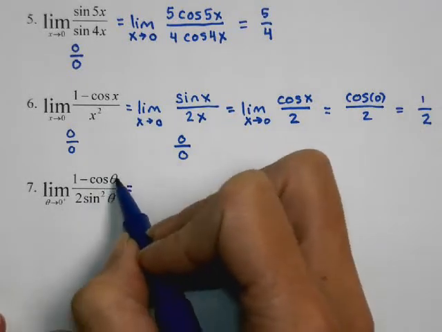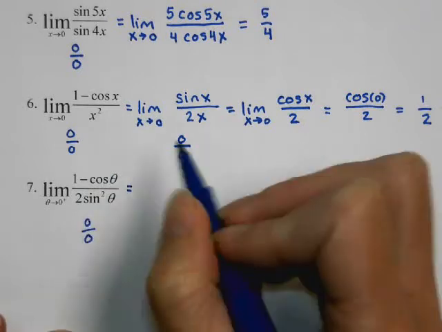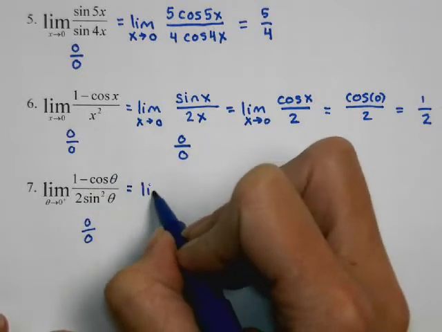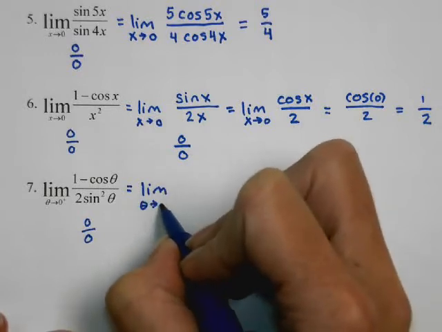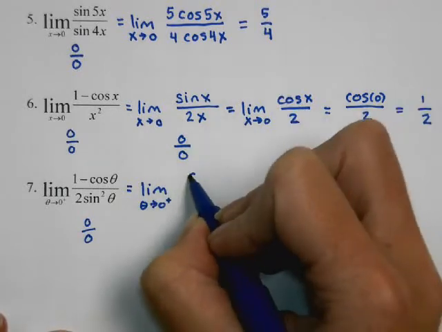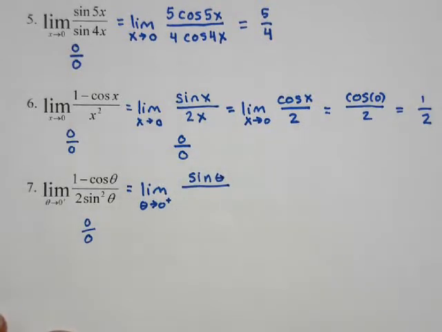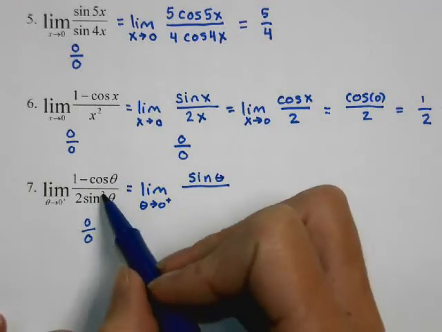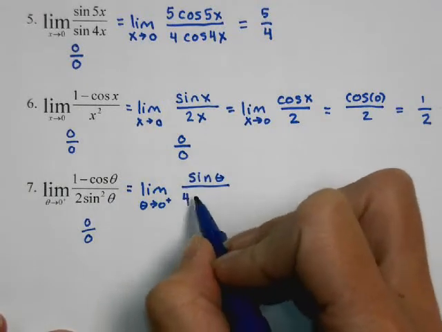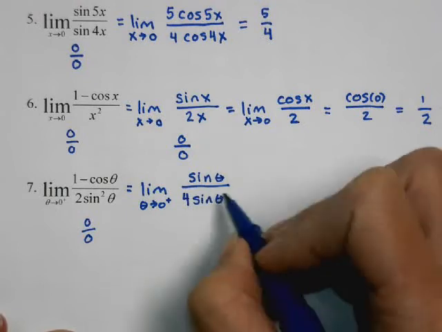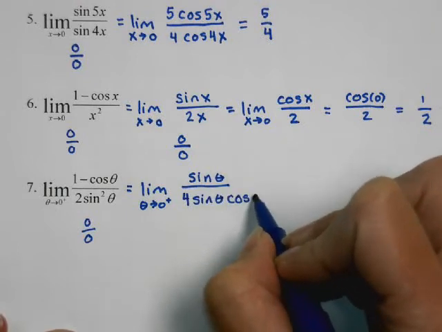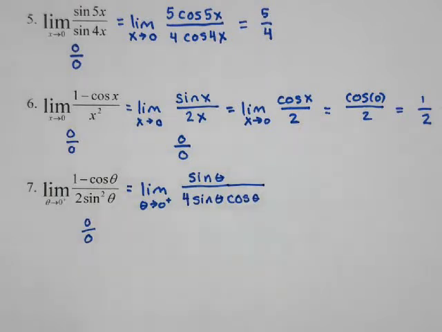Okay, here if I plug in 0, we get 0 over 0. So we're going to have the limit as theta goes to 0 from the positive side of sine theta over, we're going to have to use the chain rule here on the bottom. So the outside function is the squared. So we're going to have 4 sine of theta times the derivative of sine of theta, which is cosine of theta. Now if I try to plug in 0 here, it's still going to be 0 over 0. So you could use L'Hopital's rule again, or